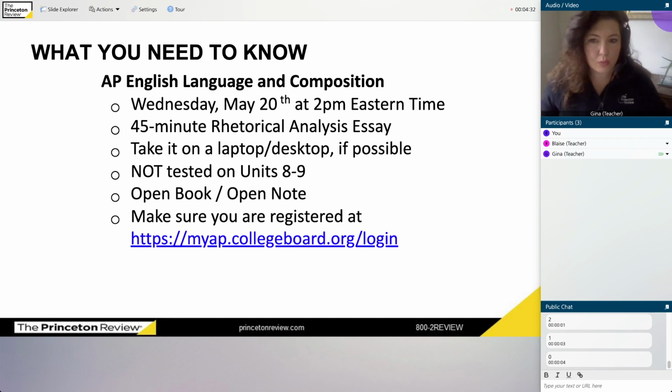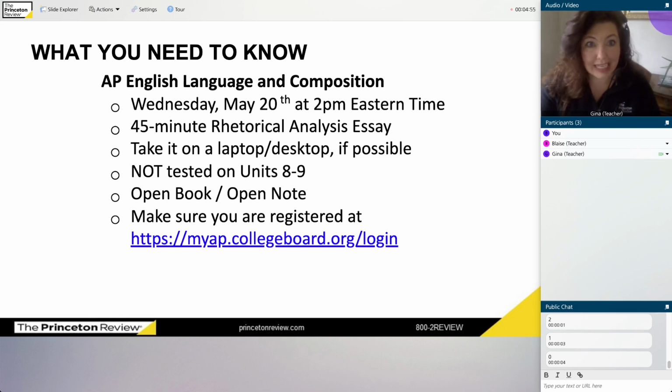But you won't be taking the AP exam in school. And chances are most people won't be back in school by then anyway. You will be taking the test strictly online. So that means you'll need to have access to your own device and you will link up to a link, or not software, but simply a link set up by the College Board.